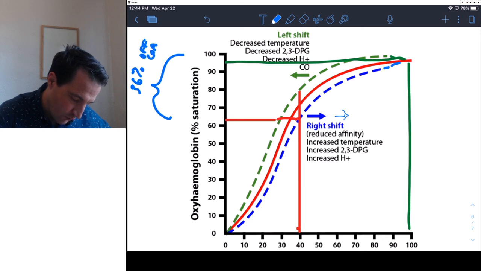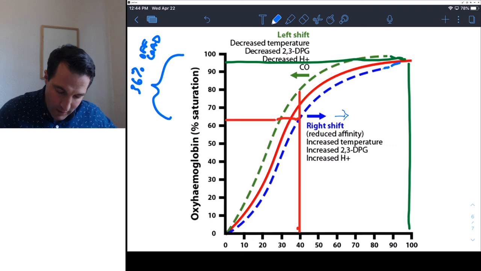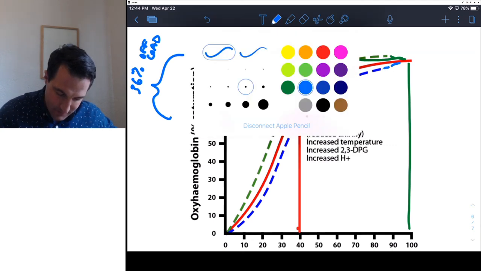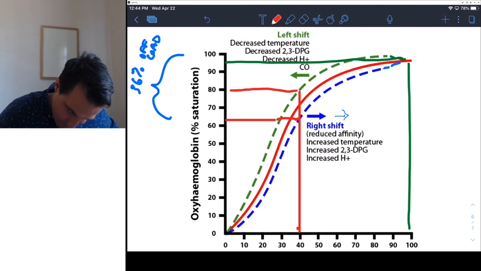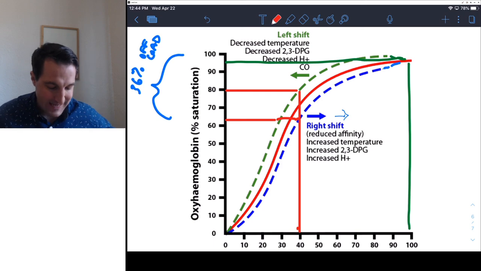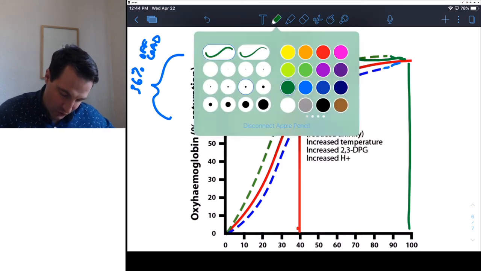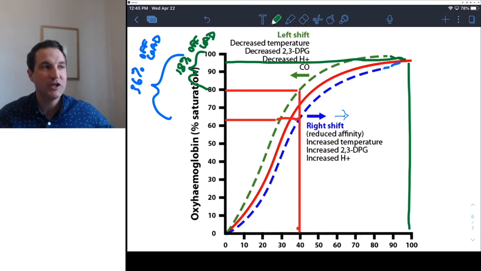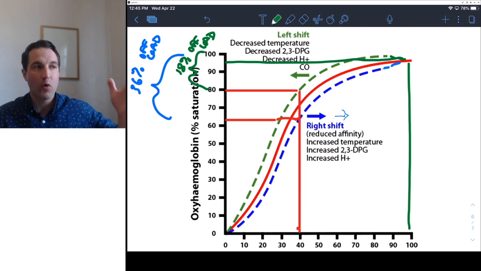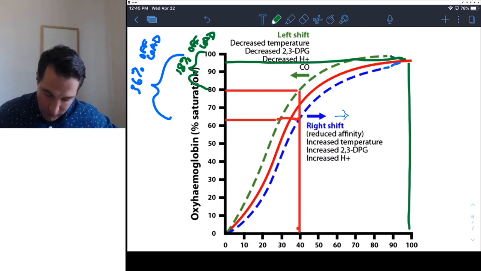offload, right? Well, what happens if we're at the other side, if we're on the green side where we have had a left shift? Well, now we've gone from 98% down to 80%. This is our green shift right here. So we only have an 18% offload. So a right shift in the curve is going to result in more oxygen coming off of hemoglobin when it reaches the muscle. And that makes sense because all of the things that happen,